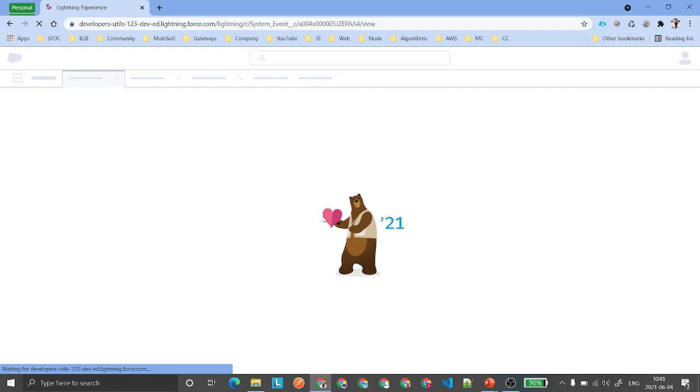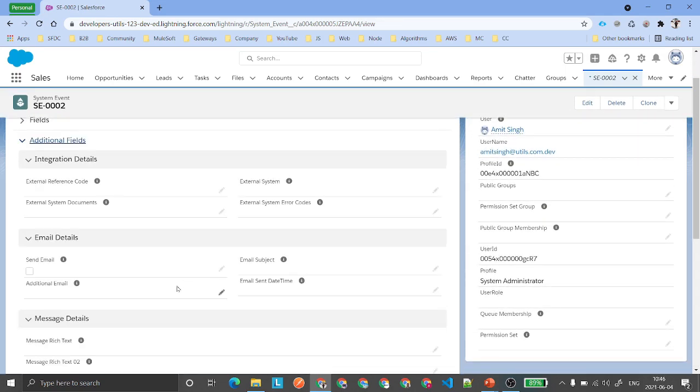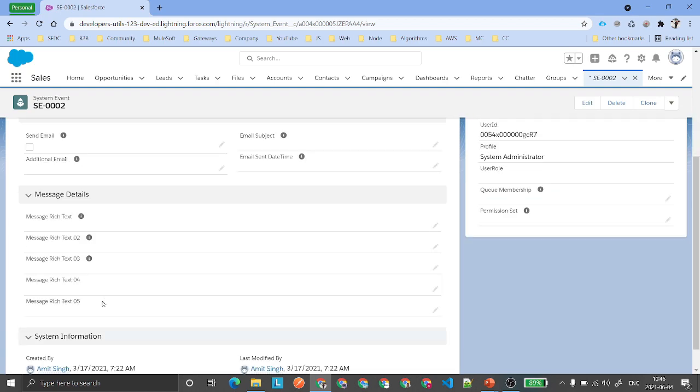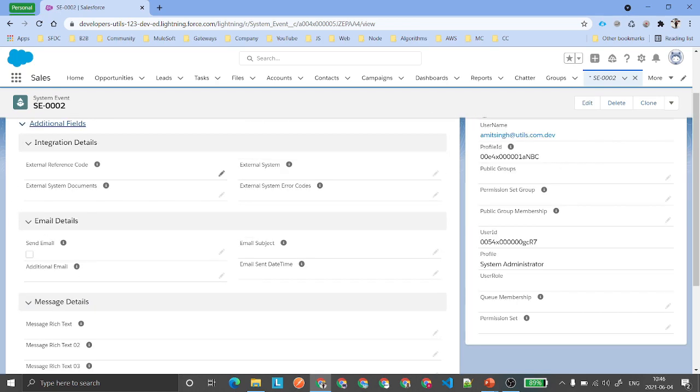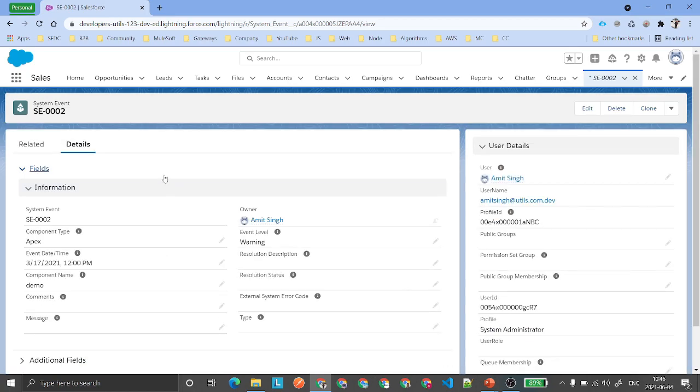We will also be able to see the behavior of the section that we have already added. So now you can see here we've got our user detail on the left hand side where we added. If you go to additional fields, you can see here there is no section which is saying errors, right? Error details. The reason is that those are only visible to the users who are non-admins. That's why they are able to see.